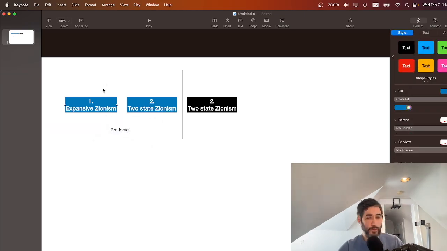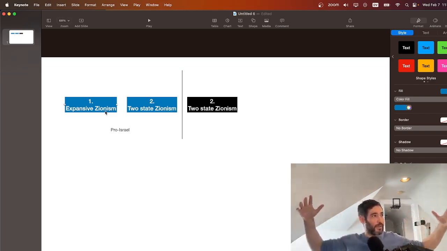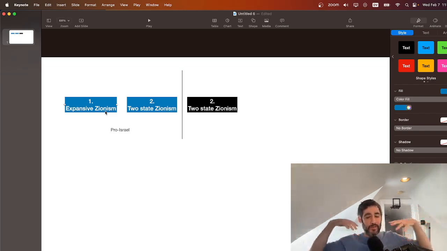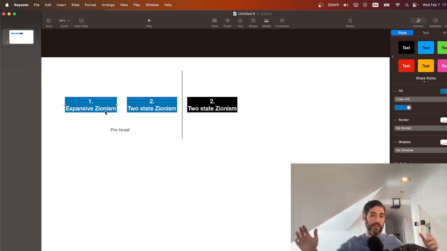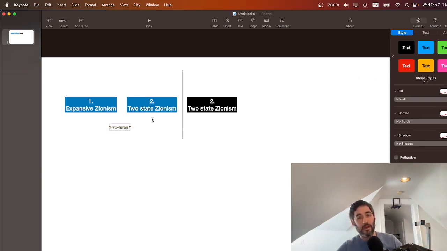Expansive Zionism is the world I grew up in. It characterizes Netanyahu's government. I like to think of it as a Lebensraum kind of Zionism, this idea of we need more space, and who cares what happens to the people who live there. It's very ideologically driven by religious appeals to our religious texts. 2-state Zionism is this liberal Zionism. It's a Zionism which characterizes like the American Democratic Party, Joe Biden and Hillary Clinton, and beyond. It's the face of Zionism that you'll hear from the academics, Israeli academics especially, and we'll talk more about that.